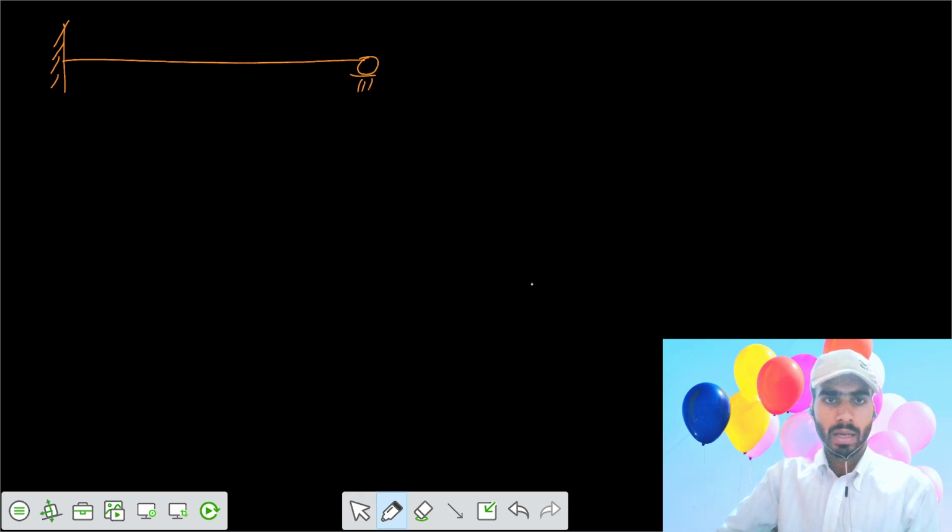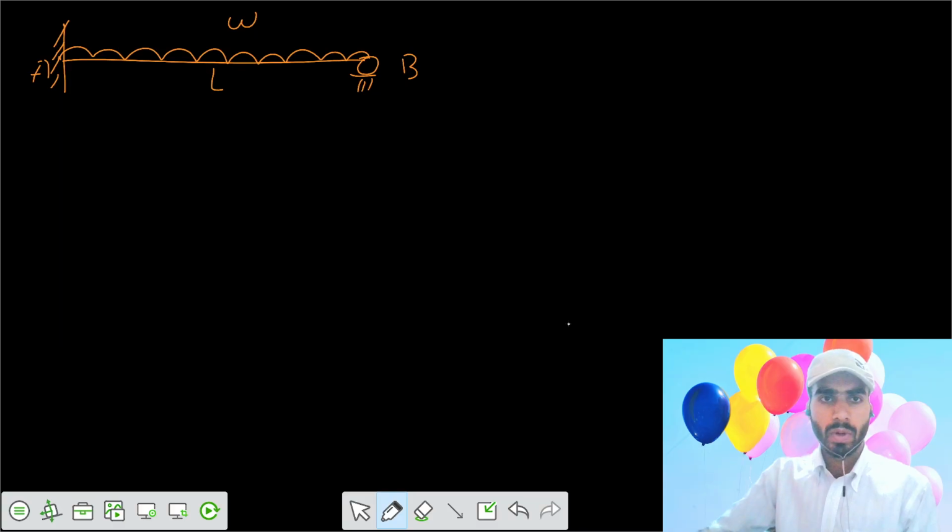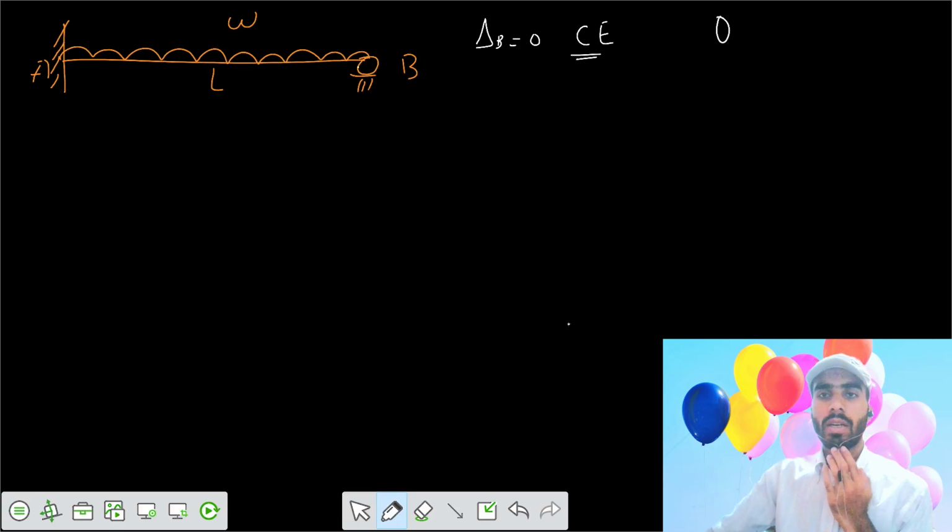Say you apply a UDL of W for the entire span, here is the support B. If we want to get the value of theta B, here we know the compatibility, that delta at B equals to 0. This is your compatibility equation or condition. Then we know that there would be some theta at B and there will be some reaction at B. We need to get the value of theta B and reaction B. Firstly, say the reaction at B is equal to B,